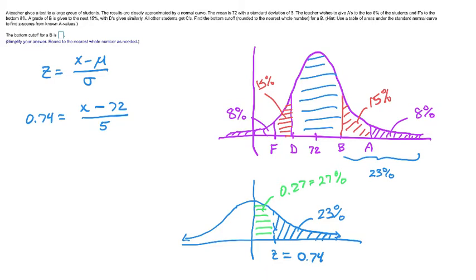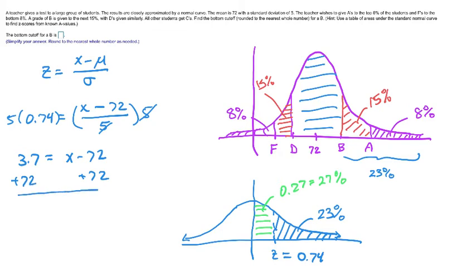Now solving this equation for x, we can multiply both sides by 5 so that our 5's cancel. That's going to give us 3.7 on the left-hand side and x minus 72 on the right. Adding 72 onto both sides is then going to give us an x value of